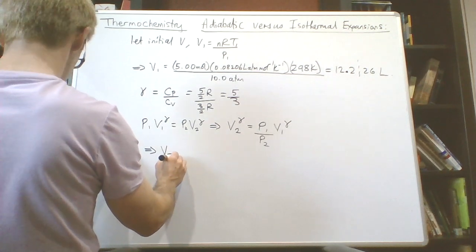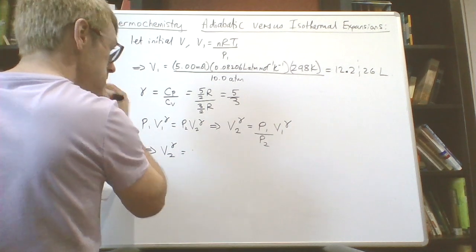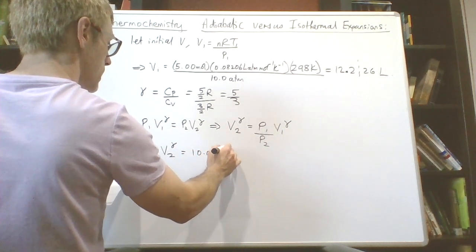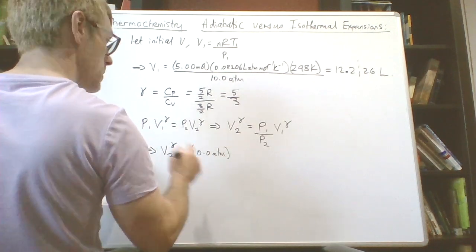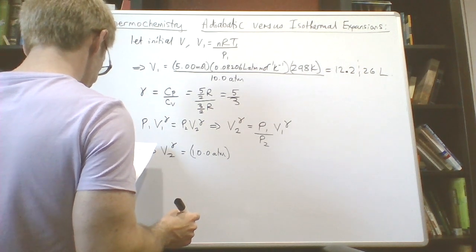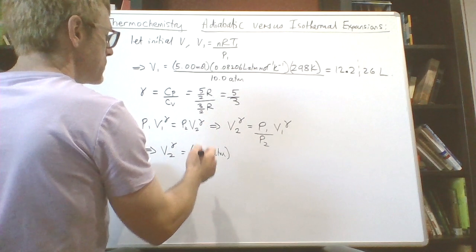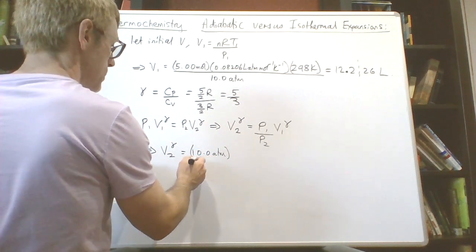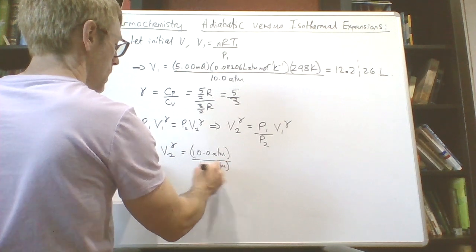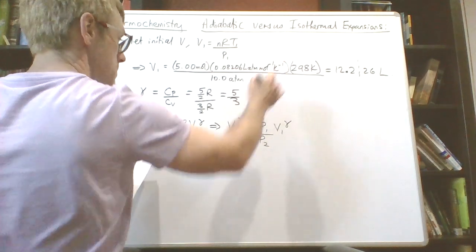So we know that V2 gamma is P1, which is 10 atmospheres, over P2, which is 1 atmosphere, times V1, which is our answer here,